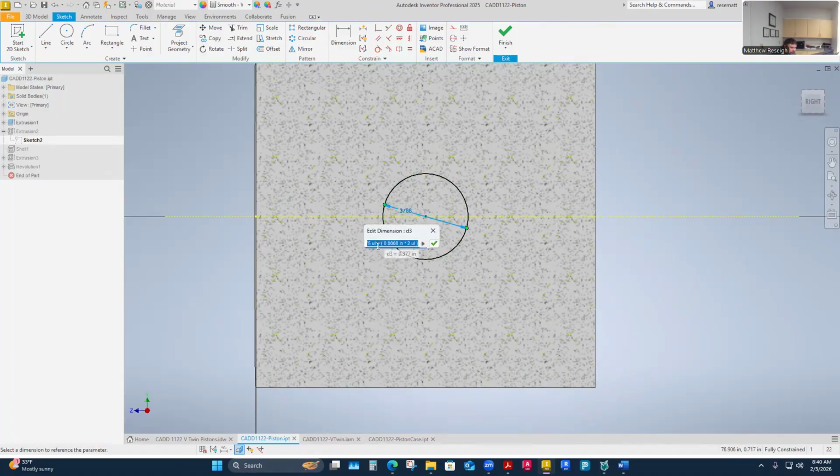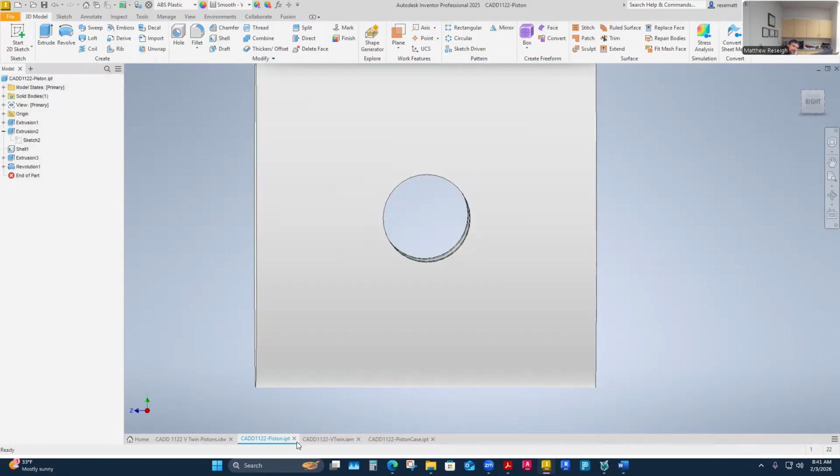This one has the original dimension, but 3/4 of 1/2 inch is 0.375. And then this tolerance didn't end up being good enough. It was too tight. So 10 thousandths works good though. 0.01, sorry, 10 thousandths is what I'm adding to this dimension. Then I'll finish that. And now this will update on